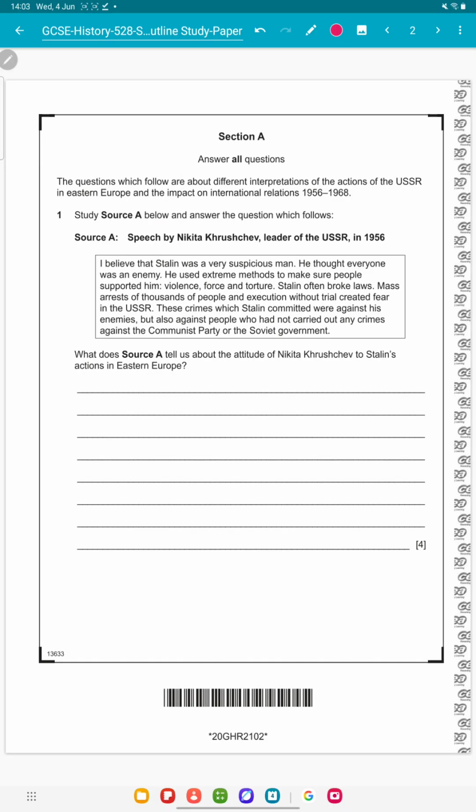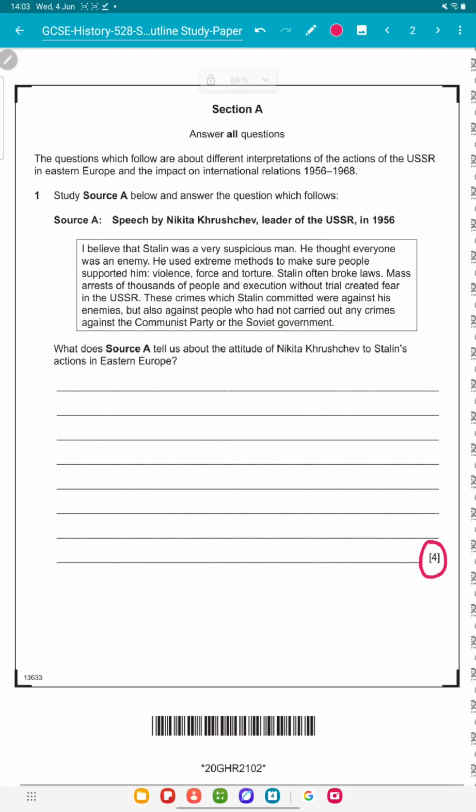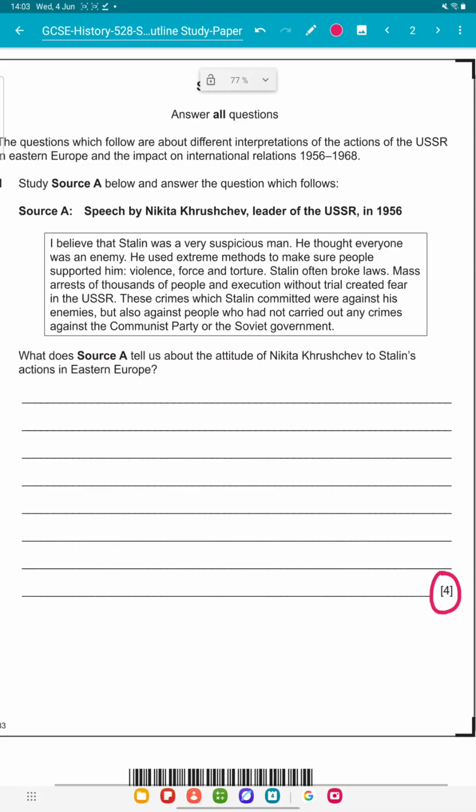Question one has 4 marks, so roughly about 4 or 5 minutes. Don't waste any more time on that. You should be finished this in 5 minutes. Question one says, what does source A tell us about? It doesn't say anything about contextual knowledge, so source A tells us